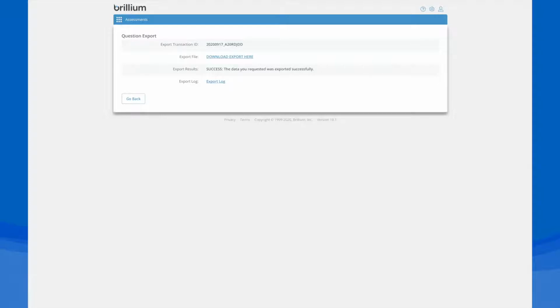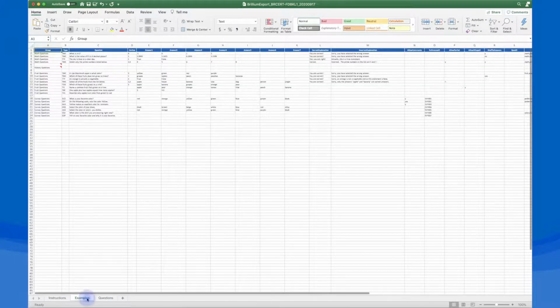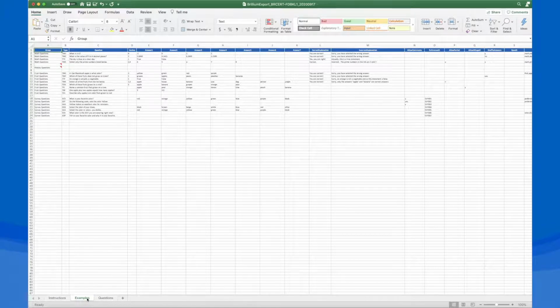Once we have that file, we're going to pull it up, and there are 3 tabs on the Brillium export spreadsheet. We have instructions, examples, and questions. The first tab of instructions basically explains how to work with this spreadsheet. If you haven't used it before, it's highly recommended that you read this through. If you're creating questions using this spreadsheet template, you might want to review some of the examples on the second tab. So we provide examples of all the different types you might want to create and how to go about